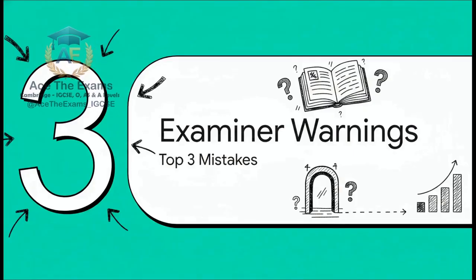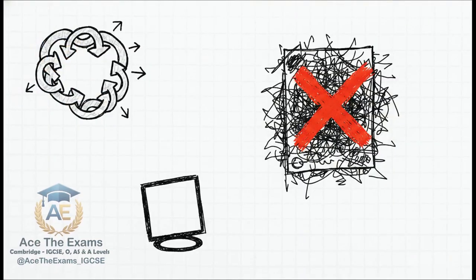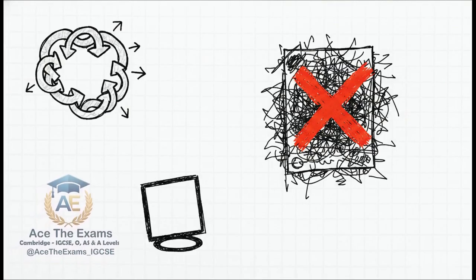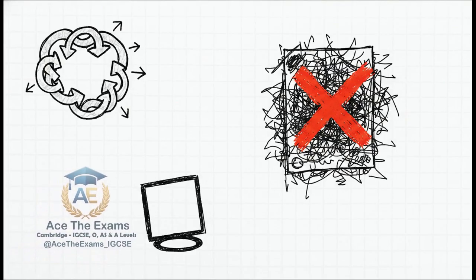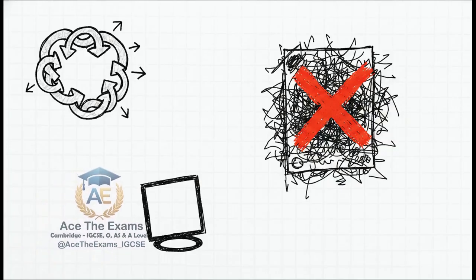Section 3. Examiner warnings. The top 3 mistakes. Welcome to the interactive taste test part of our workshop. Looking directly at historical principal examiner reports, we can expose the top 3 mistakes that ruin scores. Challenge number 1. I want you to mentally scan the common errors and spot the biggest trap.